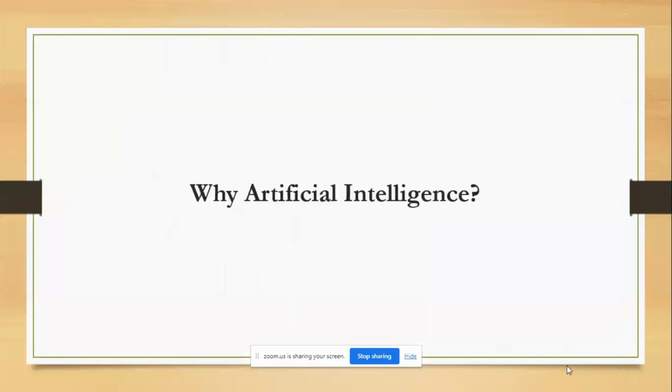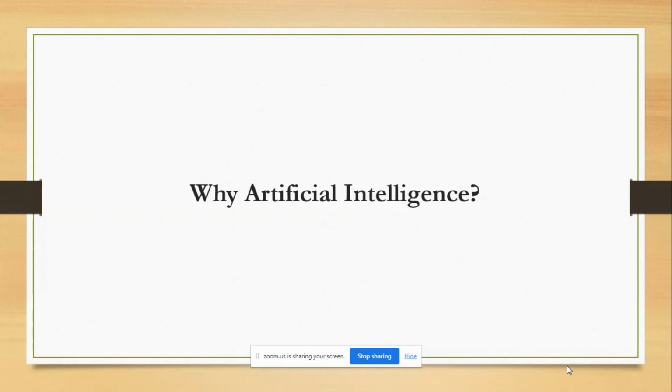Next slide. Okay, so why artificial intelligence? Why would we use artificial intelligence? Before learning about artificial intelligence, we should know why it is important and why we should know about it. Some of the main reasons why we use AI: with the help of AI, you can create software or devices which can solve real world problems. And you can see that happening a lot these days with a lot of accuracy in the fields of health, marketing, traffic issues. With the help of AI, you can create your personal virtual assistants.